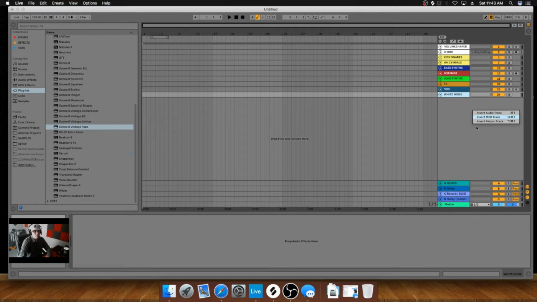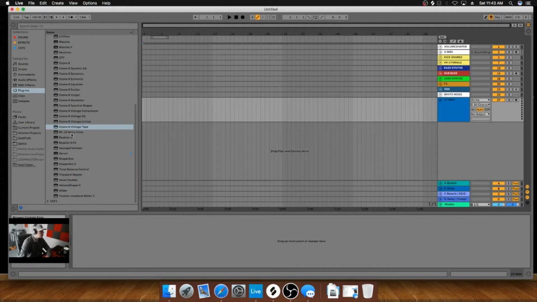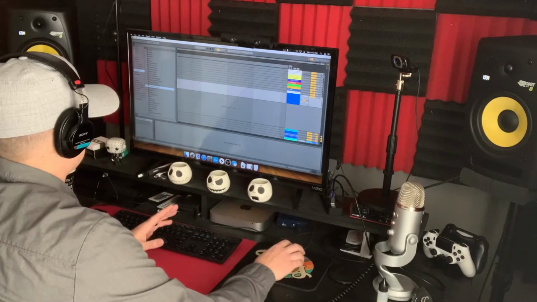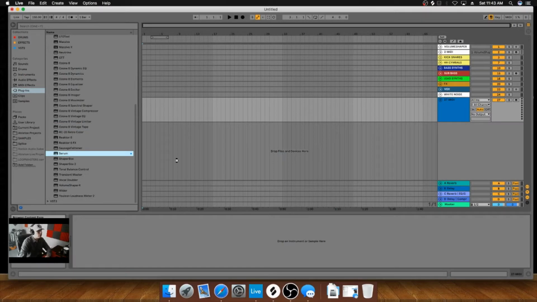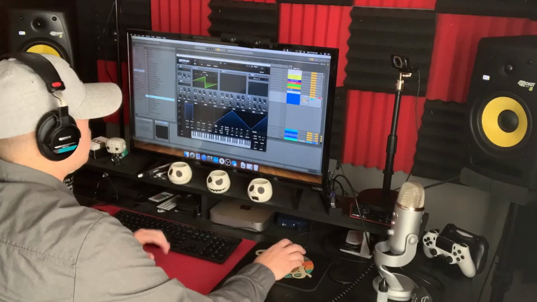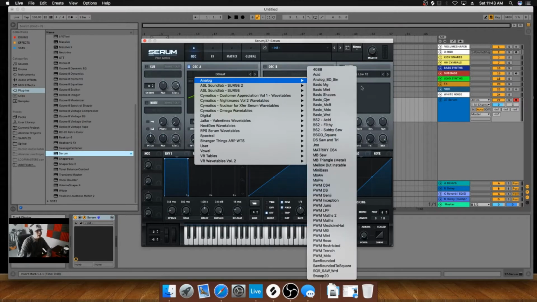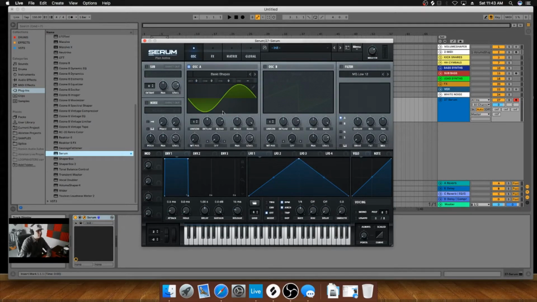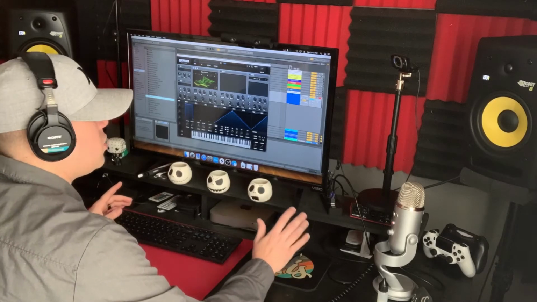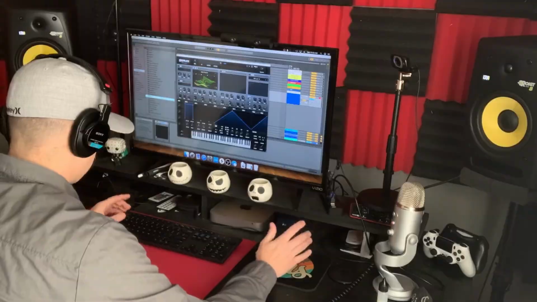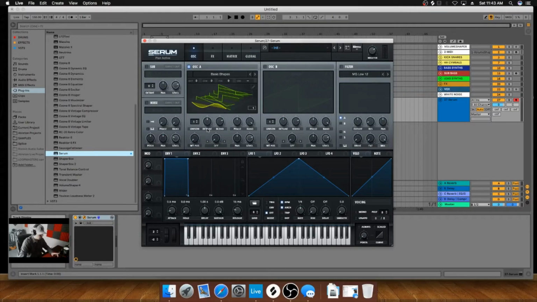So we're going to go here, MIDI track, and we're just going to grab, you can use any synth that you want. I'm just going to bring in Serum. And normally what I do is, like I said, I just go into analog and just go to basic shapes. And what we're going to do is I'm going to show you the difference between choosing the right waveform, the wavetable. So when doing this one, if I use the key D,